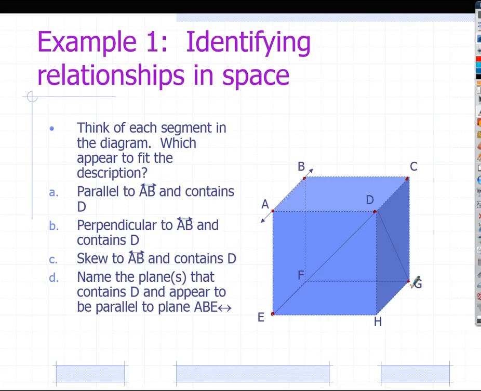Could I come up with a different plane? I can't on that cube, can I? Are there other planes that are parallel to ABE? Sure. I could have one over here that's turned, that's parallel to both of them. But there aren't any other planes that I could define using anything other than those 4 points, right? Because on the cube, that's the only other face that's parallel to the left face, right? Make sense? Okay.